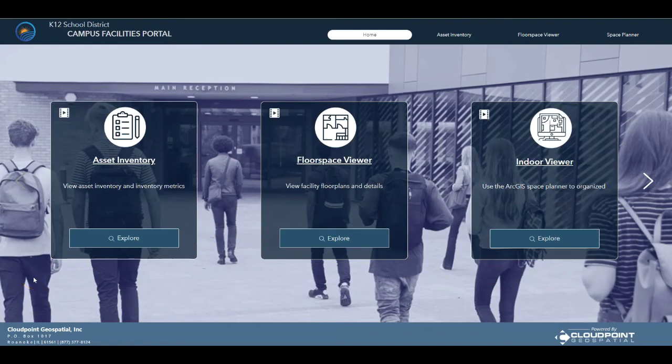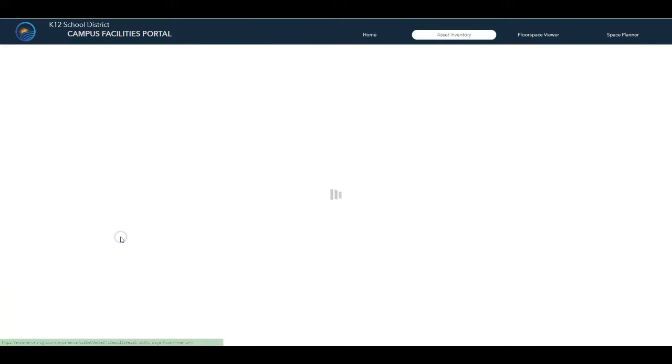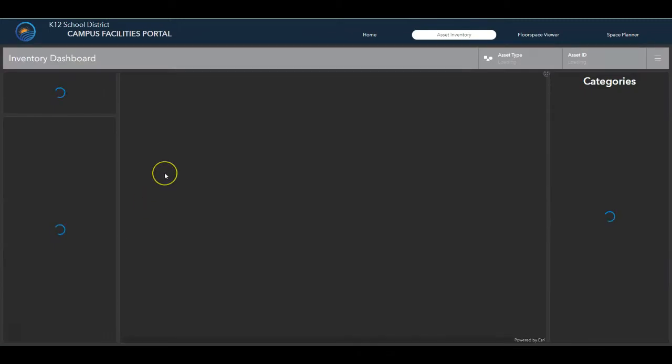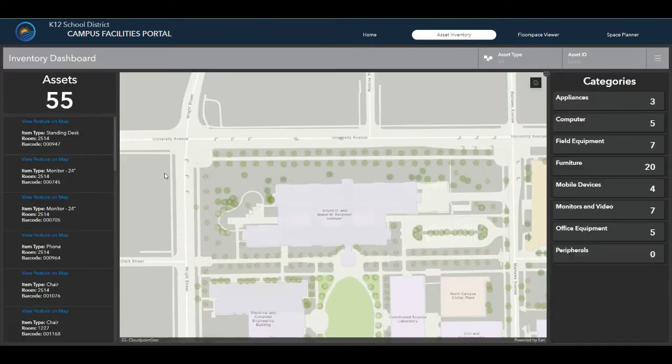Hello, this video is intended to provide an overview of the campus facilities portal. First thing we're going to do here, we're going to explore the asset inventory feature. And as we open this up, what we have here is a dashboard displaying our various assets for our school